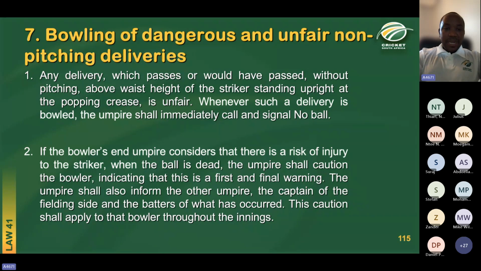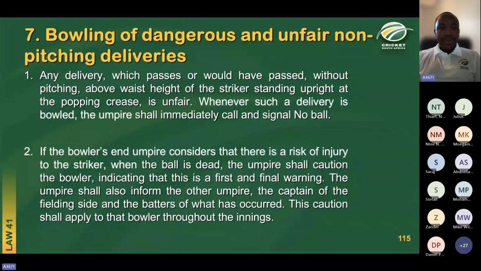Now, law simply says here that if the bowler's end umpire considers that there is a risk of injury to the striker, then the bowler's end umpire shall give the bowler a first and final warning. In most playing conditions around the world, it is defined as to what the bowler's end umpire could consider as a risk of injury to the striker. So the playing conditions most commonly applied